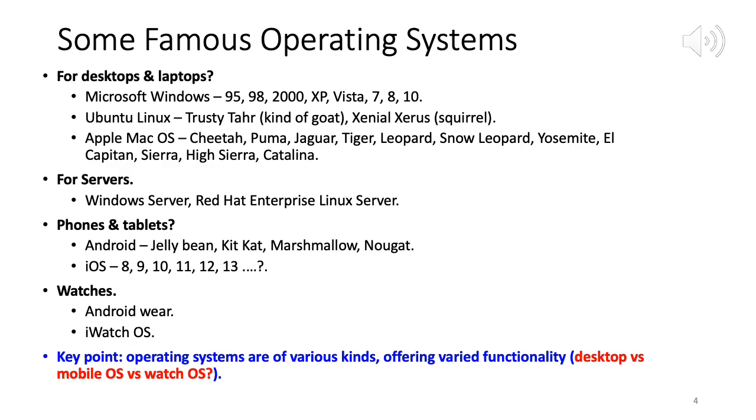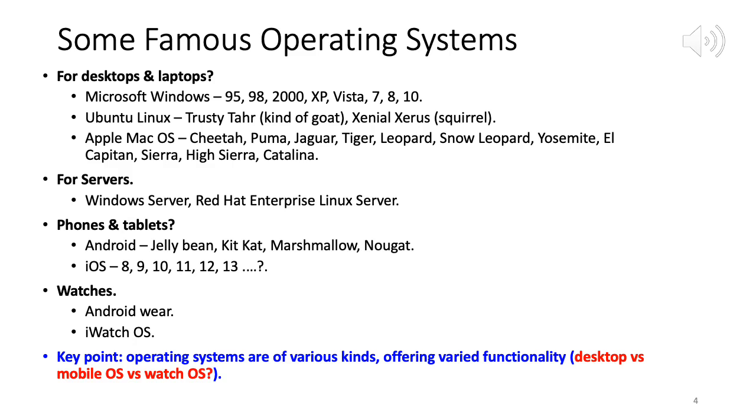If you look at Linux, again they also name using a certain pattern. They are versions of operating systems. So Tahr is a kind of goat, and then one quality of it, Trusty. Xerus is a squirrel, one quality of it, Xenial, and so on. Right. Windows, of course, is not much pattern you can deduce from this. So 95, 98, of course, because those are the years in which they came. Then 2000, again, the year in which it came. Then XP, Vista, some other pattern, and then maybe they went to numerical numbers 7, 8, 10.